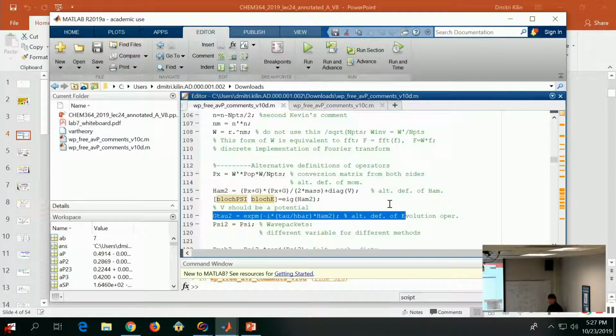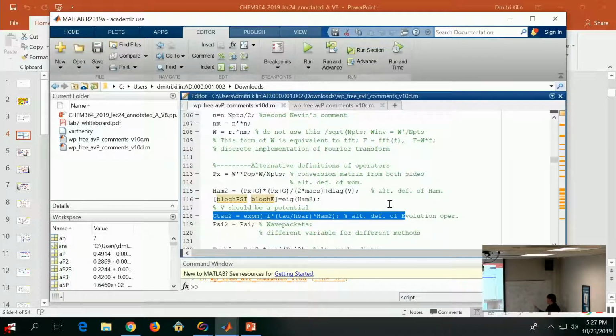Which is also not a big surprise. And now we need to find how to define the Hamiltonian as a matrix in a basis of discrete space. Okay, and the Hamiltonian is a summation of kinetic plus potential, which means